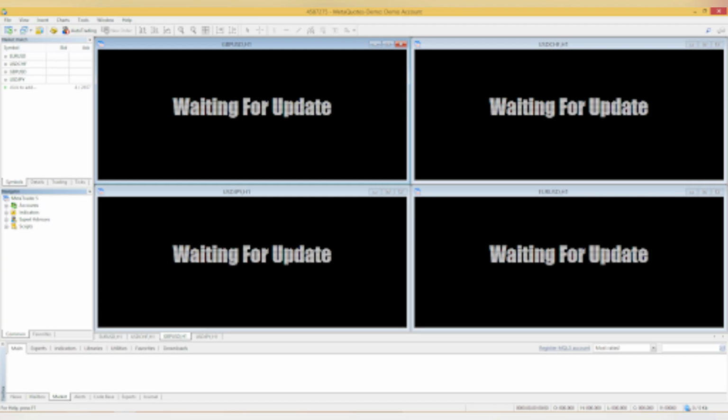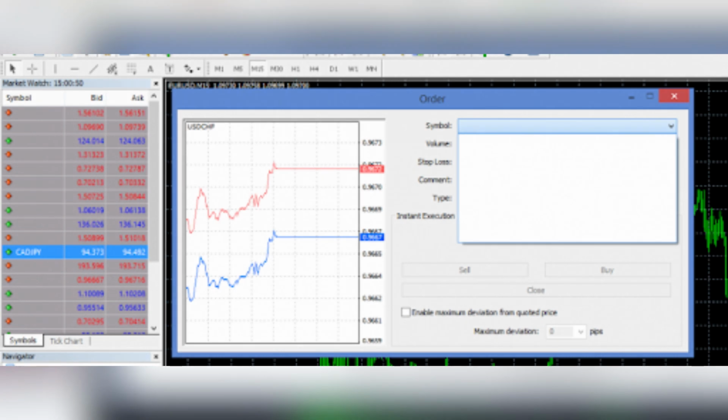Another common issue is when prices start lagging or charts stop updating. This can be really frustrating, especially during live trading. To fix it, right-click anywhere in the Market Watch window and choose Refresh. This reconnects you to the server. Also, check that the auto scroll and chart shift buttons are active in the toolbar so your charts stay updated